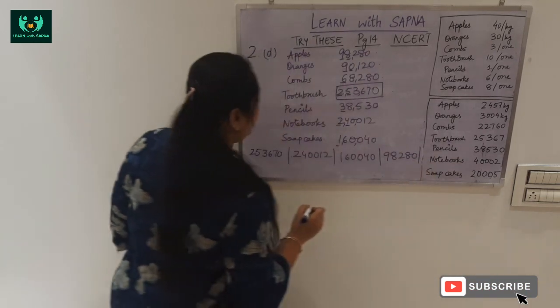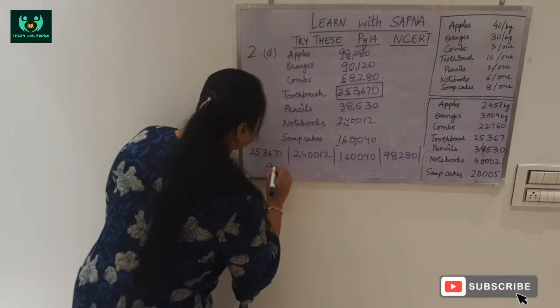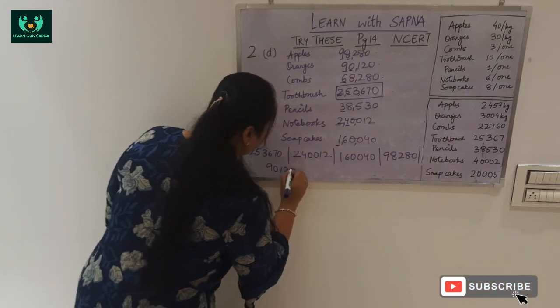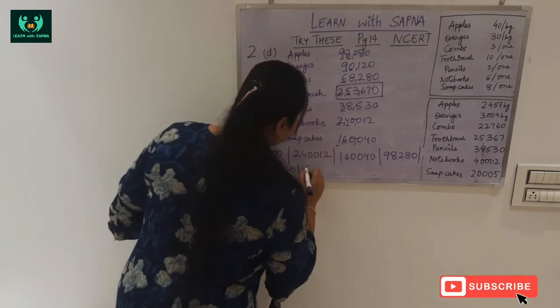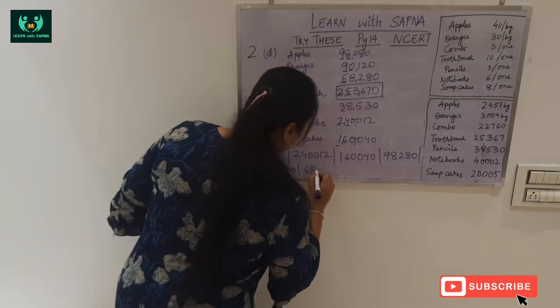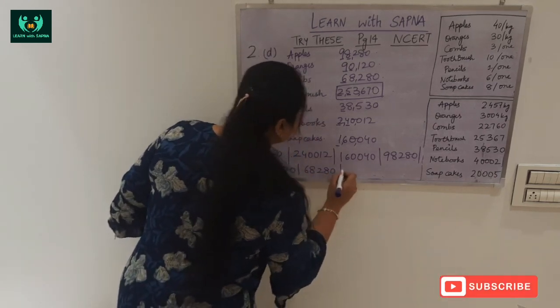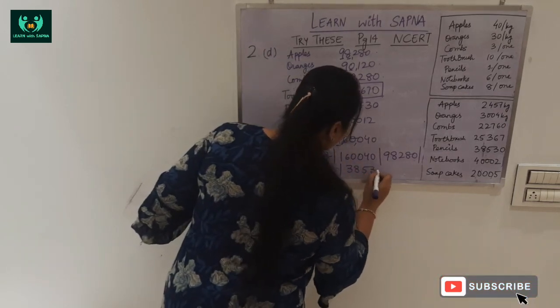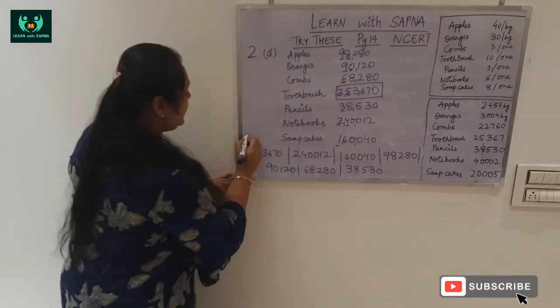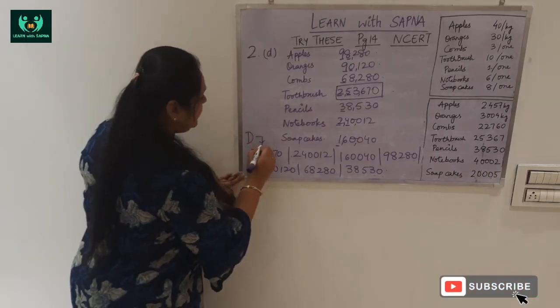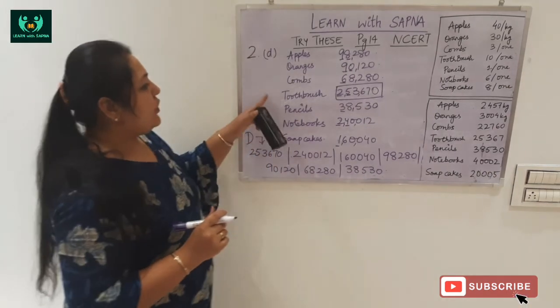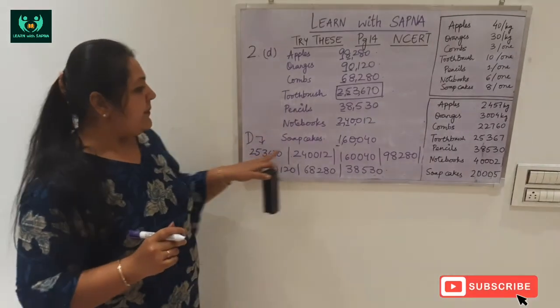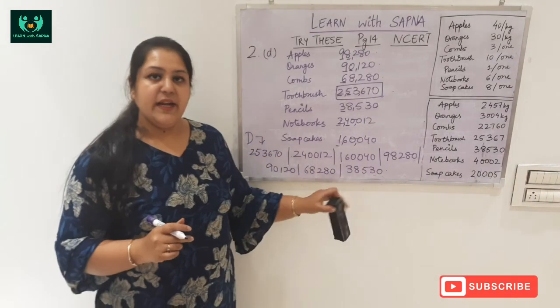98,280. Then 90,120. उसके बाद 68,280. एंड लास्ट में सबसे लोएस्ट 38,530. सो अरेंजिंग दीज इन द डिसेंडिंग ऑर्डर. हाईएस्ट कौन सा है हमारा? टूथब्रश की कॉस्ट है, और ये बाकी सारी कॉस्ट हमने डिसेंडिंग ऑर्डर में अरेंज